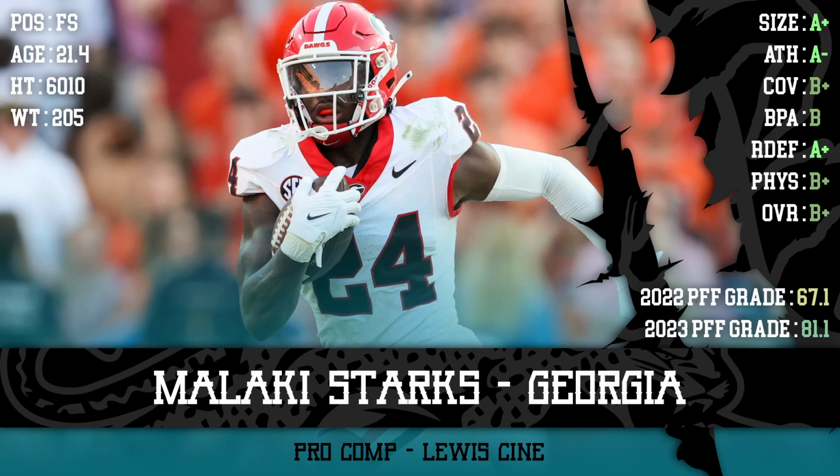Talking about the safety position, right? Brian Branch is an example where, yeah, he's not like an incredible athlete, but he's just so good at everything else. And you saw him go into Detroit and immediately have an impact. First game of the year, he's picking off Patrick Mahomes. Now, given Kadarius Toney is to blame, but he's a good player, and it was an easy projection. And if you're going to use a pick on a position like that in the first round, you want to get it right. And I think Malaki Starks can reach that level, but I think there's a little bit missing